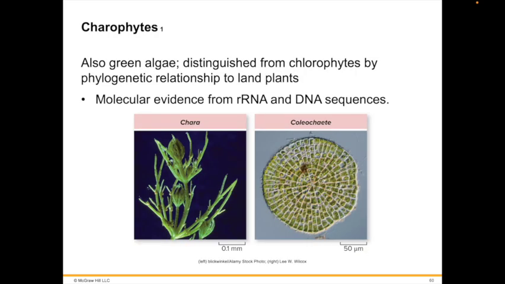Both groups within the charophytes, the Coleochaetales and the Charales, have plasmodesmata, cytoplasmic links between cells. They also undergo mitosis and cytokinesis like terrestrial plants. They are the most closely related to the land plants of all the algae. And if you ask me, they look pretty similar to a land plant.